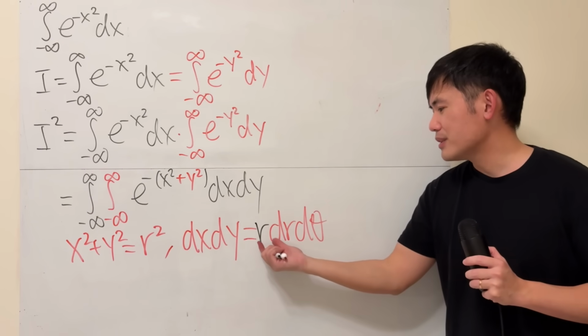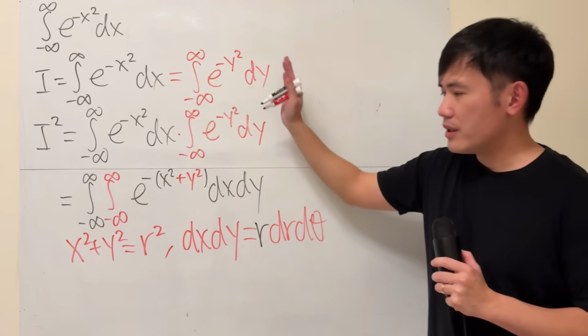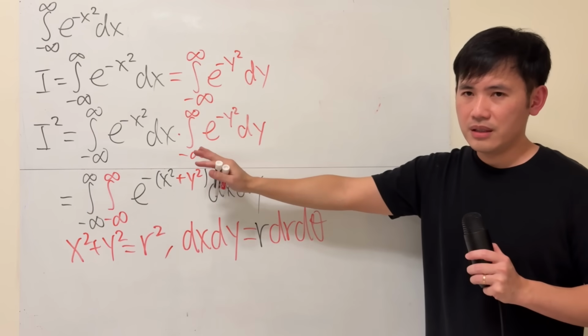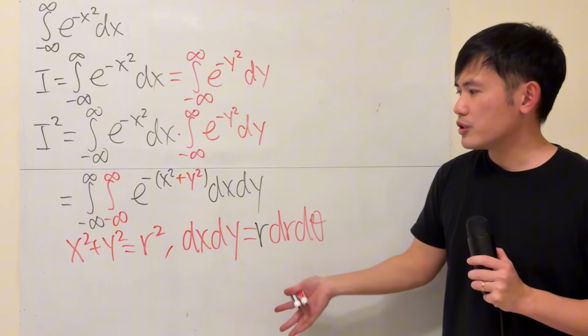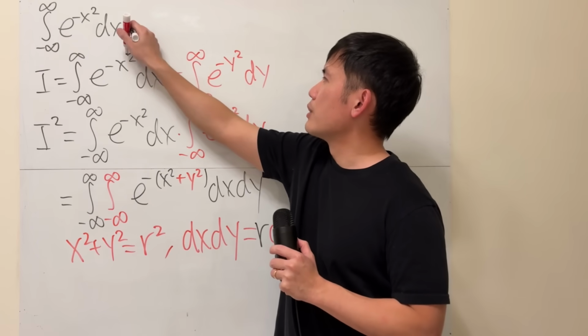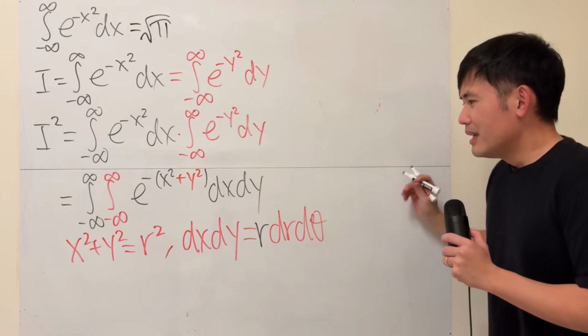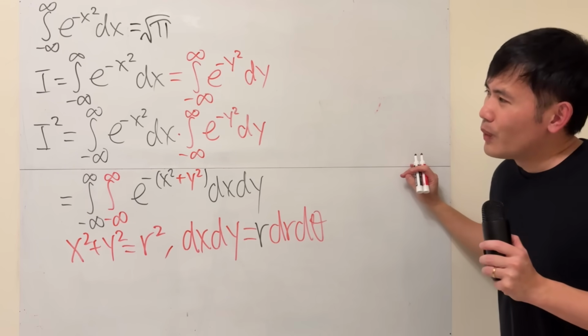I did have videos on this already, and also the whole thing right here in detail. I will have the links in the description, so make sure you go check them out if you don't know how to continue. And I'll tell you though, the answer to this right here is square root of pi. Very nice, right? But to me, I've been wondering, it's like, can